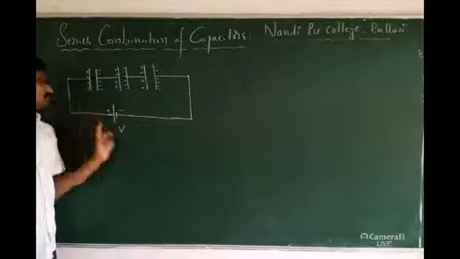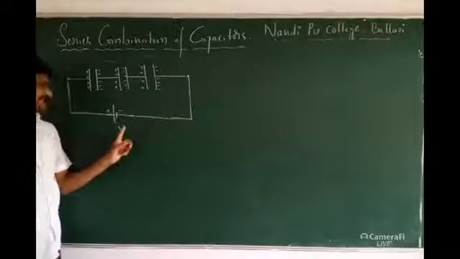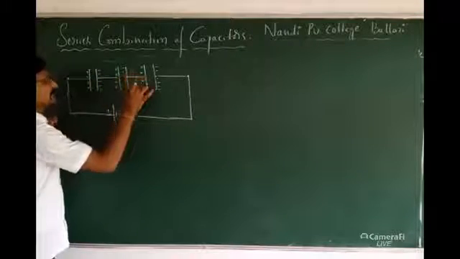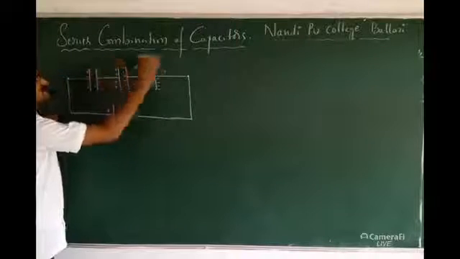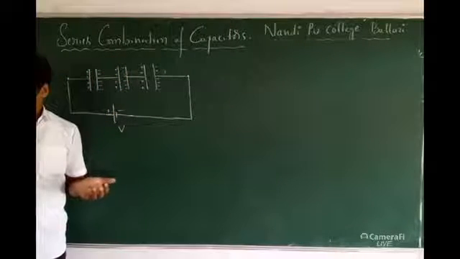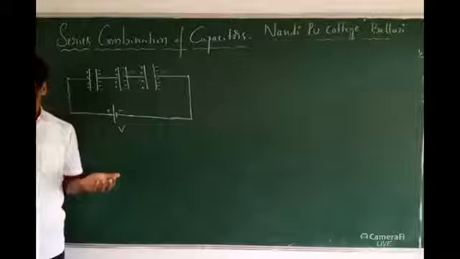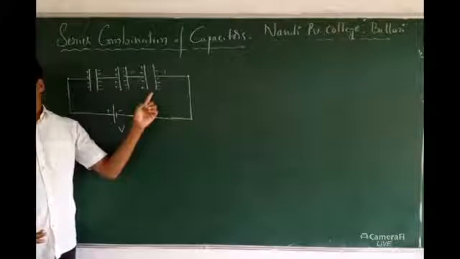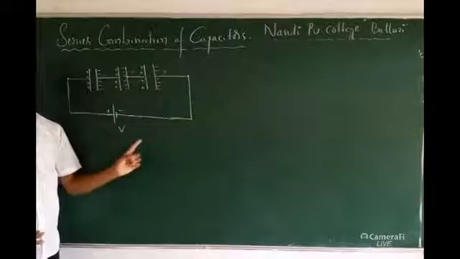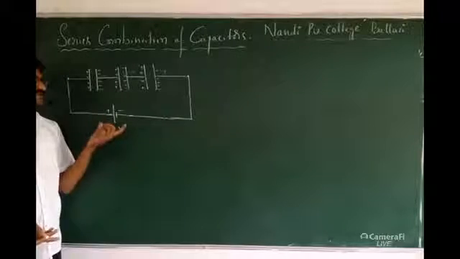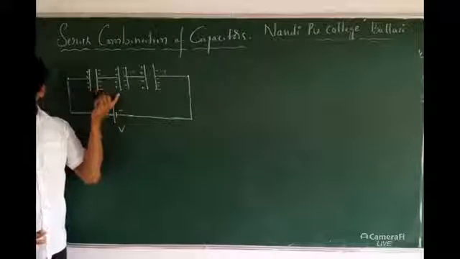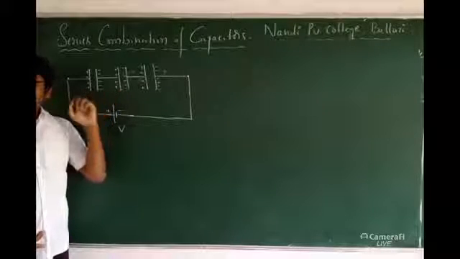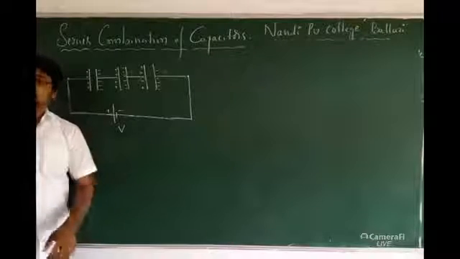Understand? So here positive, here negative. But once the cell is connected, it will overcome like this. For that we have to do some work. The same situation as I said yesterday: in total, how many works do we have to do? 1, 2, 3. Then only will it come to one circuit. So now what do we have to find out? The total capacitance, or effective capacitance. What is meant by effective capacitance?